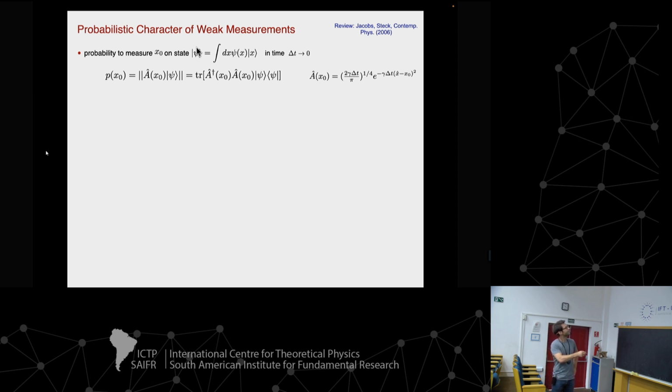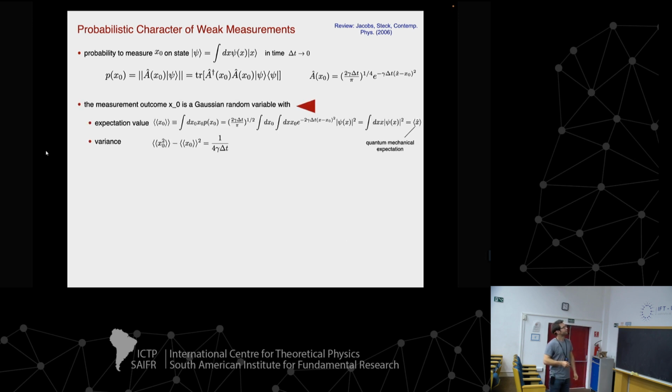Okay, and to this end, first of all, let's introduce this probabilistic measure here. So here is the Born probability for measuring the expectation value of this operator A, which I can write here as the trace of, I mean, that's just a definition, the trace of this A dagger A object here. And A, as we defined it on the previous slide, is this slightly softened delta constraint. Okay, now I want to convince you that this measurement outcome x naught, in the case of these weak measurements, can really be seen as a Gaussian random variable.